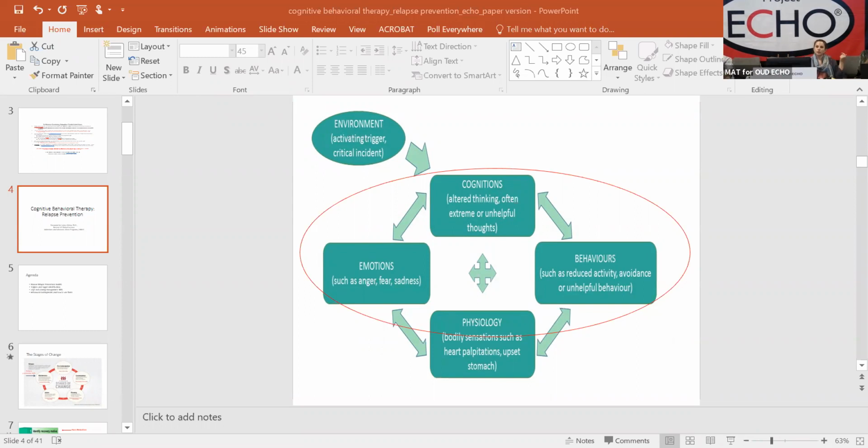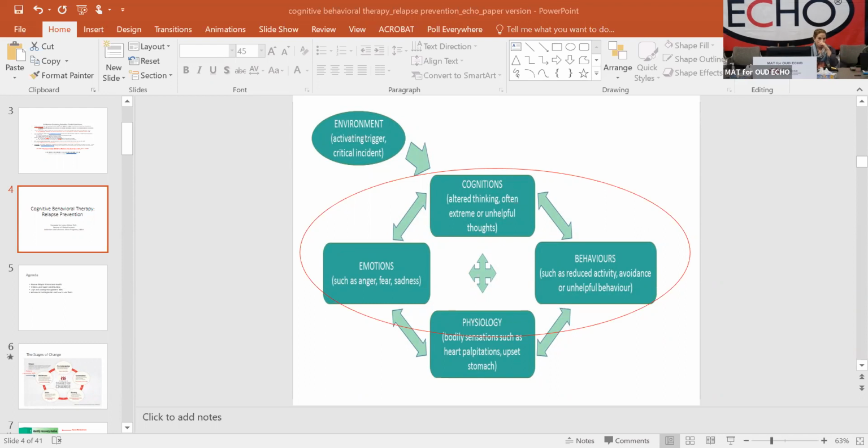But if we have a different thought, an alternative thought like, oh no, I hope they're okay, or I wonder if that person is having an emergency. That's a very different thought, which is going to elicit a different emotion, probably something like compassion or concern. We're going to have a different physiological reaction. Probably our heart rate isn't going to escalate as high. We're not going to have that same surge of cortisol or stress hormones. And then our behaviors might be very different. So we might actually slow down to give them space, or we might change lanes